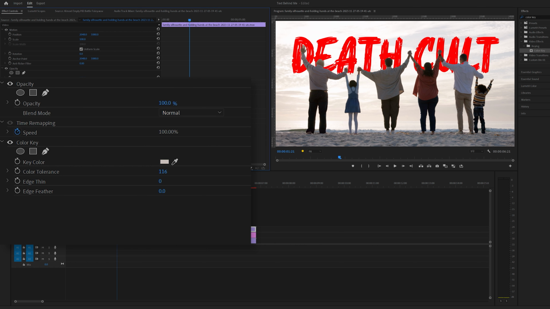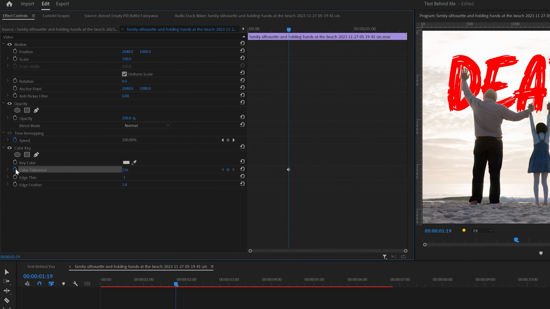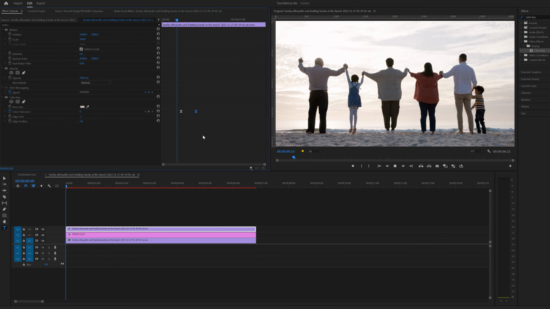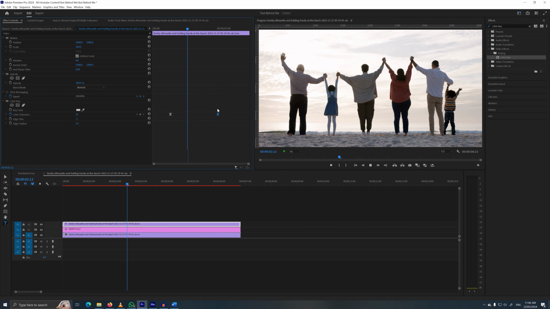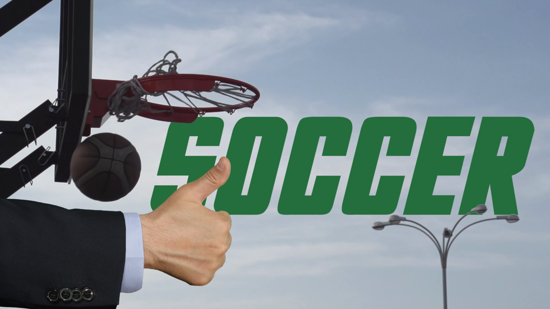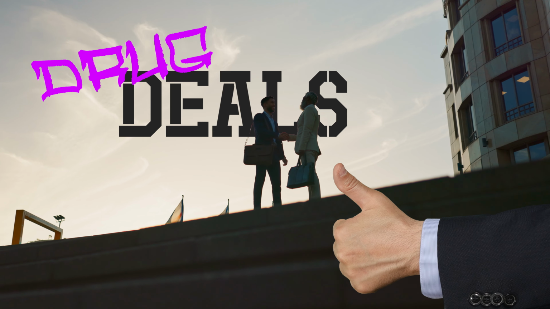For a bonus effect, we can animate the tolerance by firstly clicking on the stopwatch, dropping a keyframe when we want it to appear, then scrubbing back and adjusting the color tolerance to 0. Now we have a cool fade in. Just play with the timing until you like it. Unfortunately, this effect will only work if your foreground subject is in a different color or contrast in the background,